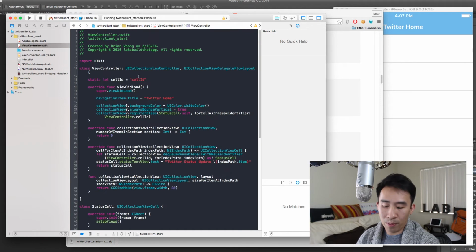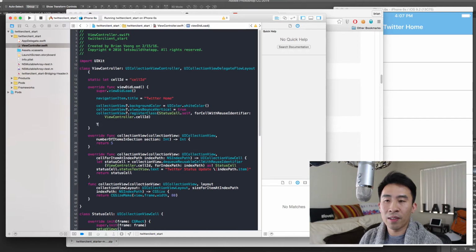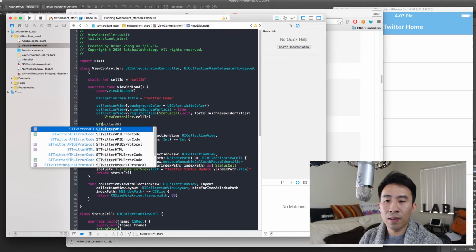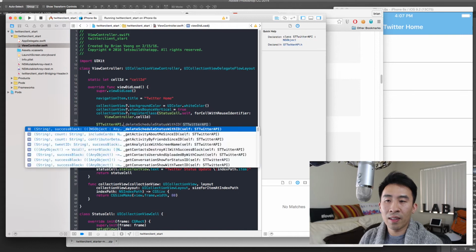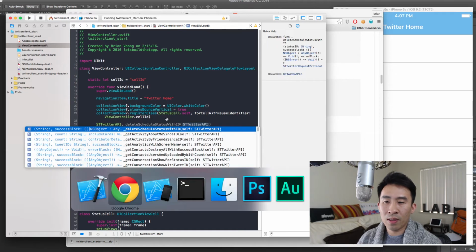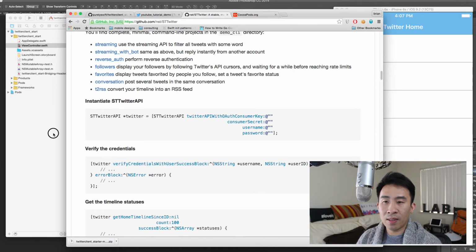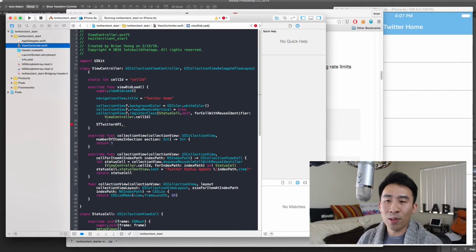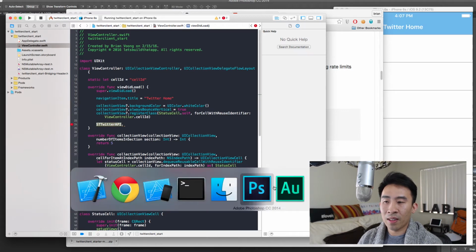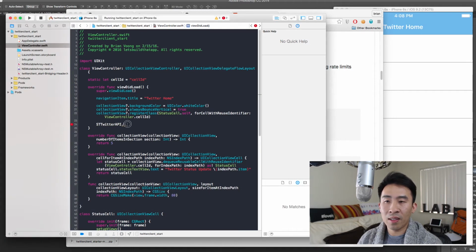So now if you hit build, we can call that Twitter API right here, like that. So now is the fun stuff. Let's create the Twitter API